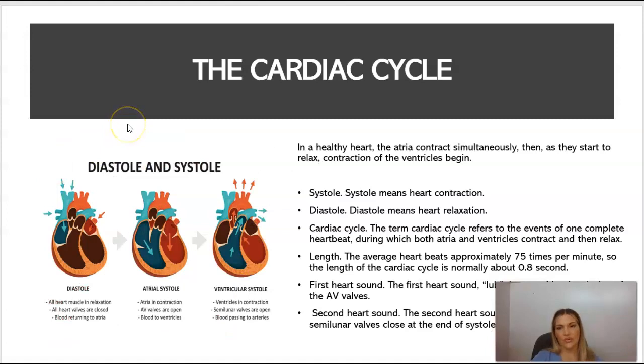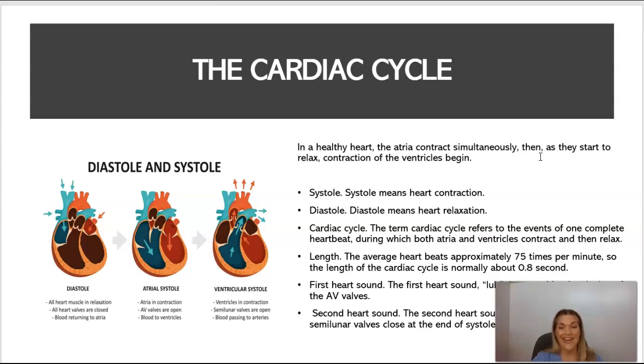Then we have something else called the cardiac cycle. In a healthy heart, the atria contract simultaneously. Then as they start to relax, the contraction of the ventricles, or the bottom of the heart, begins. And this is otherwise known as systole and diastole. So systole means heart contraction. Diastole means heart